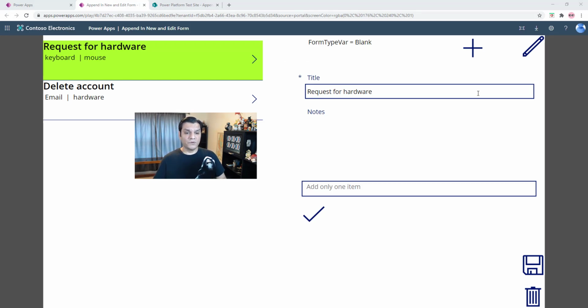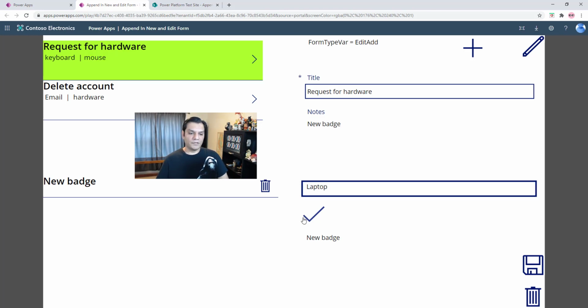So what I'm going to do is I'm going to come over here, and I've even shown you all the variables and everything, their status, because I'm going to use that. So the first thing I'm going to do is I'm going to go and click on plus. And at that time, I'm going to put in a new request. And I'm going to say request for new employee. All right, and then I'm going to start putting in items. I'm going to say new badge. I'm going to click on that. I'm going to say,